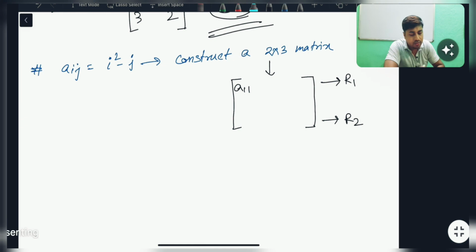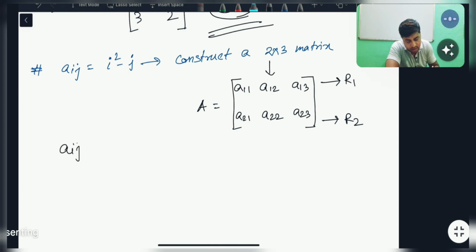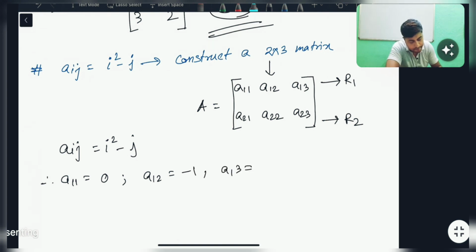এলিমেন্টস কি ওয়েতে অ্যারেঞ্জ করবে, a11 দিয়ে স্টার্ট হবে, দেন ফার্স্ট রো a12, a13, very good। দেন সেকেন্ড রো a21, a22, a23, লাস্টে গিয়ে 3 তে এন্ড হচ্ছে, তার রিজন কজ 3 টা কলাম আছে। তো এটাকে A ম্যাট্রিক্স নিয়ে নাও। নাও aij means i square minus j, so a11 will be put i equal to 1, j equal to 1, answer is 0, 0। What will be a12, -1, a13, -2।